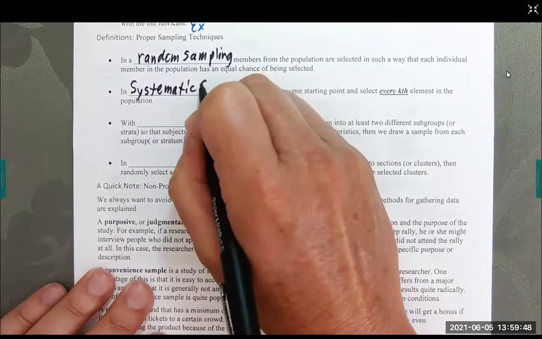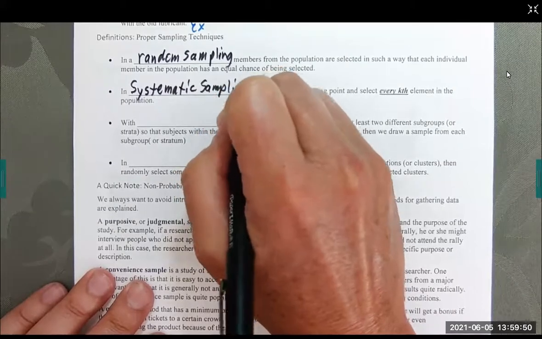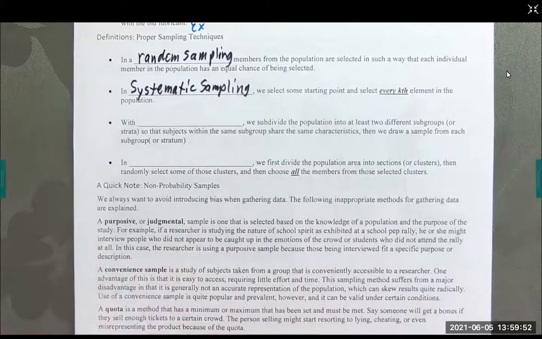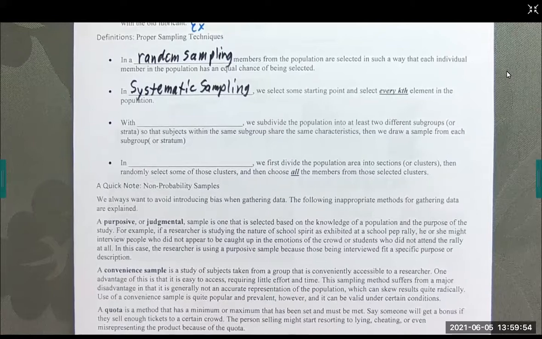Sampling. We select some starting point and select every kth element in the population. So for example, if I were in a classroom and wanted to gather a few people, I would start with one person and then count 1, 2, 3, 4, the 5th person behind them, then 1, 2, 3, 4, 5, the 5th person behind them. And so every 5th person I'm choosing. That's what they mean by every kth